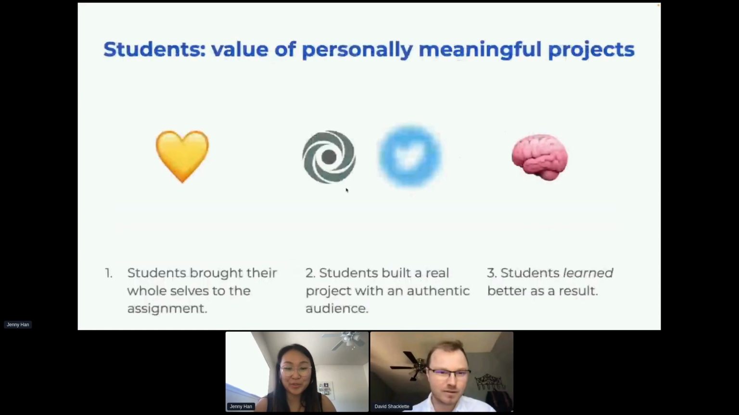Cool. And then from the student perspective, one thing that we really took away from designing this assignment was the value of personally meaningful projects. We really saw students bring their whole selves to the assignment and make connections from their lived experiences, the language, and the environments they grew up in, to this really abstract field of linguistics and computer science. We think that was really special, especially for students who maybe didn't see themselves in linguistics or computer science